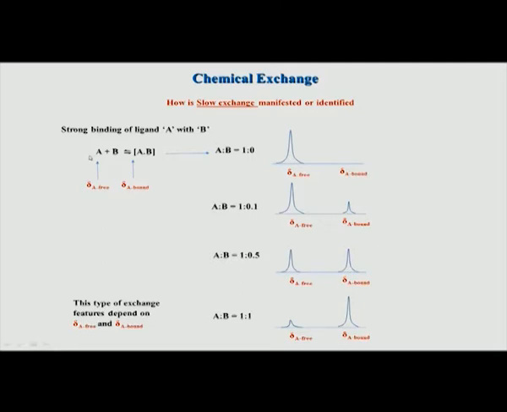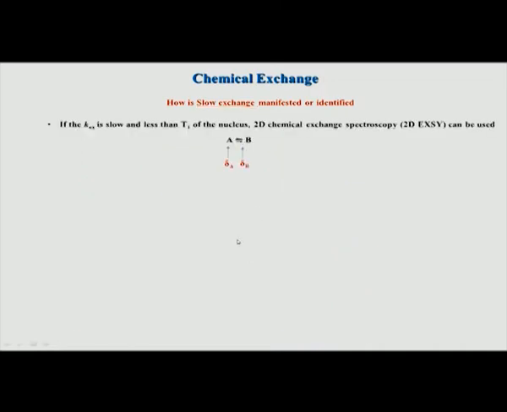But the same binding process can become fast exchange if the chemical shifts are not very far. Suppose these two peaks are very close, then we cannot say that it is slow, because the difference in the chemical shift now becomes less compared to the exchange rate and that will become a fast exchange scenario. So, that is what we will see in the next example.